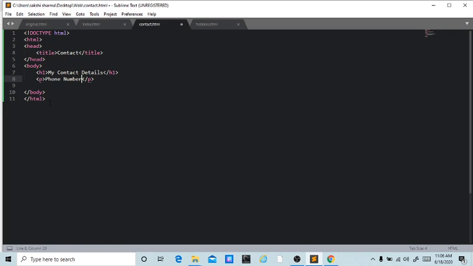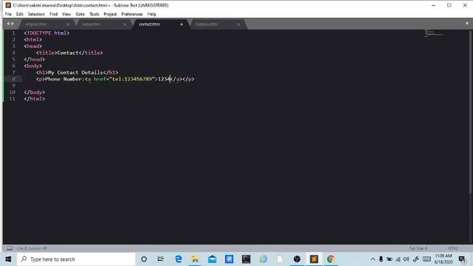Now we'll add anchor tag to it so that we can create link out of our phone number. If you'll be running this website on your mobile phone, you'll be able to click on the number and you can call on that number, but as we are working on PC, it's not possible to call through it.